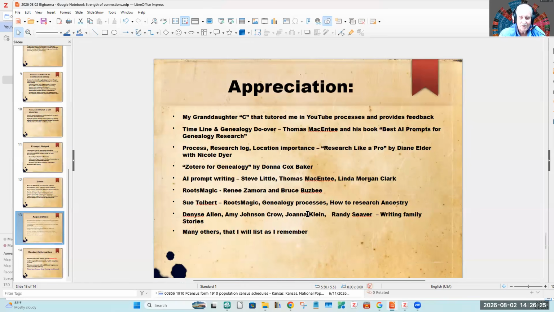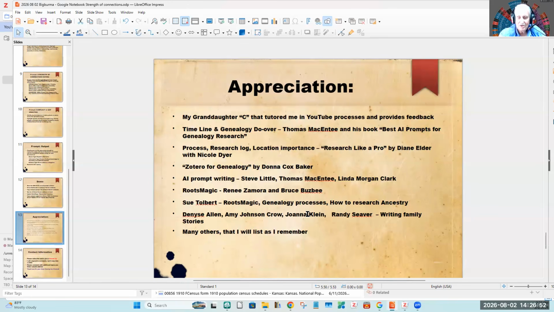And Sue Tolbert does the RootsMagic SIG that I go to, where I make mistakes all the time, and she corrects them. She also did genealogy process. She helped me with the Research Like a Pro stuff. And then she also taught me how to research Ancestry back in the days when she was a librarian and not semi-retired as she is today.